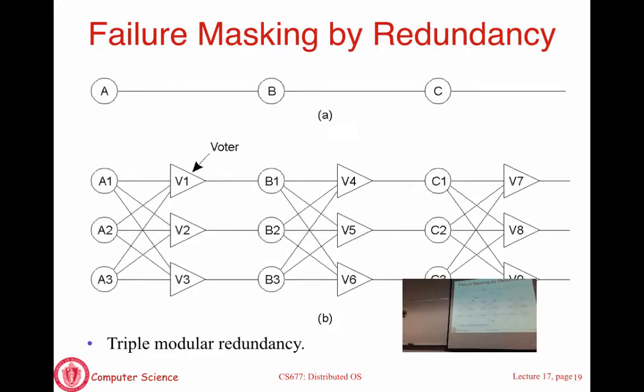Now you will see that if you had only put 1 voter here, that would be a problem. The voter is also a circuit, so if you have an unreliable voter, that's a single point of failure. Even though all of these 3 components may be performing their task, if the voter fails, it may start producing garbage. So what you do instead is the voter itself is replicated. That's an important concept. You can't say I'm going to replicate the main component, but there is a single voter that's going to decide what is the majority, because that's a component that can also fail.